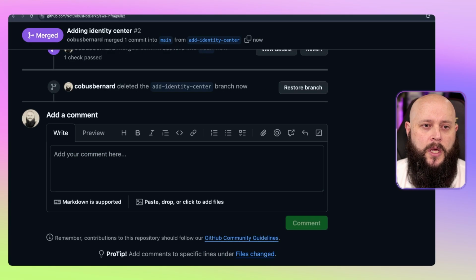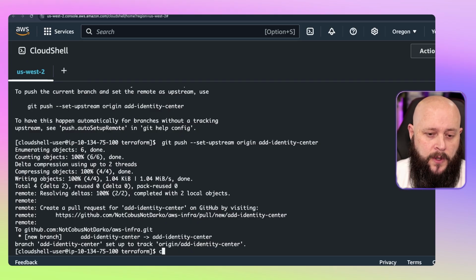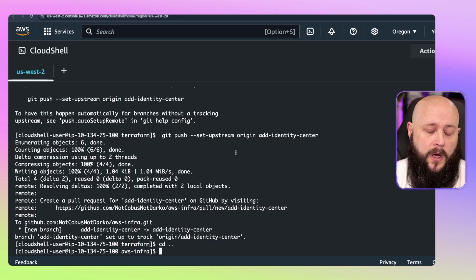Okay, delete that branch. Now, while that's being applied, we're going to add our final step to our infrastructure.